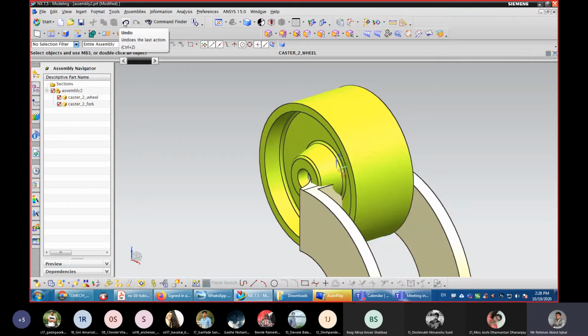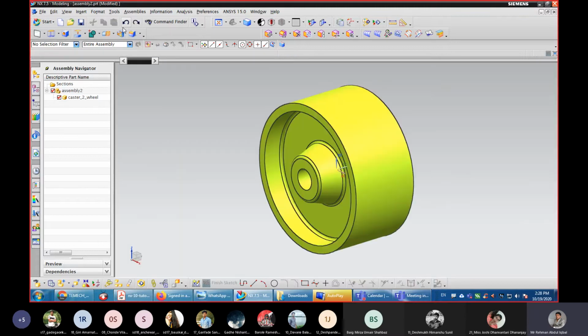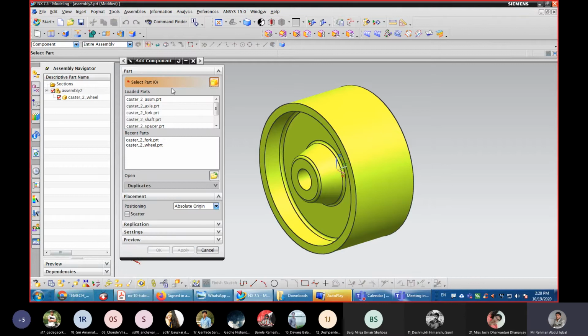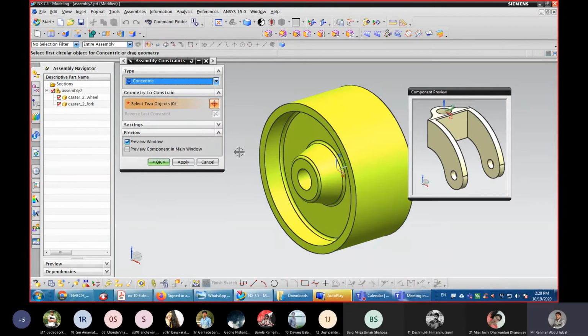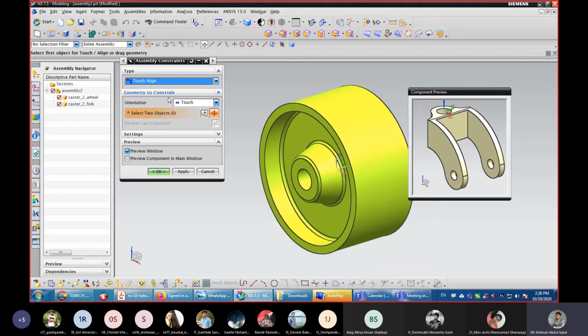So I will undo this. Again go to this one. Here go first to by constraint. Select the fork. Click OK. Okay. Then now we need to align the axis of this wheel to this fork. So come here, touch align and orientation, go to align.